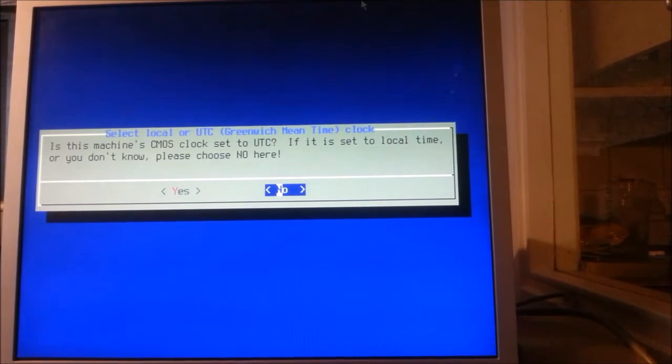If you have a huge mainframe installation, a server or infrastructure machine that you use to share synchronized time to a network, then you would probably press yes here, and you would have preemptively set the BIOS or system setup firmware time into UTC. That's when you would choose yes here, but because we're just using a single computer, we choose no and